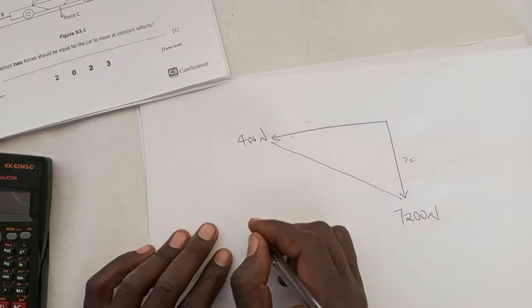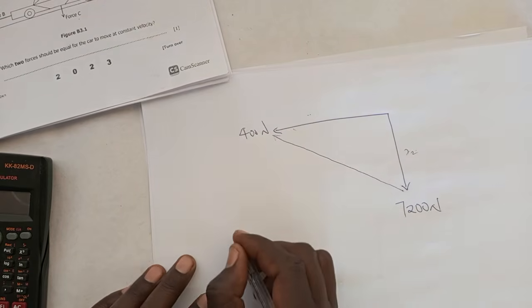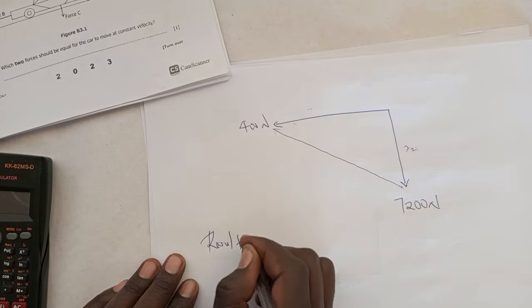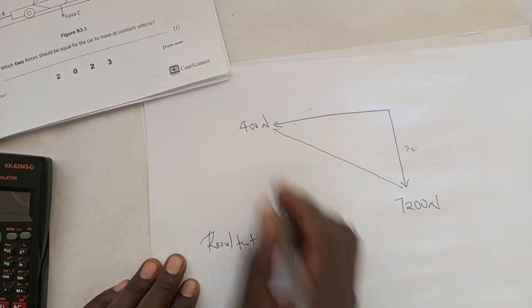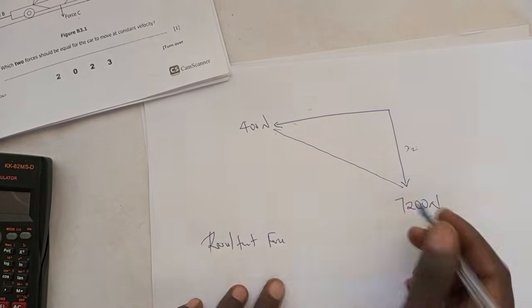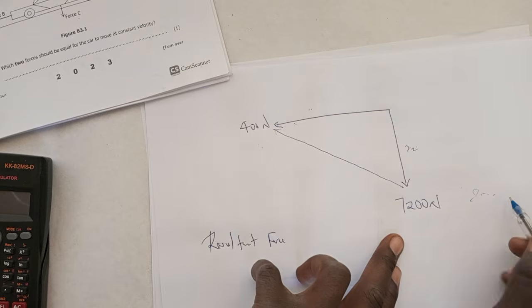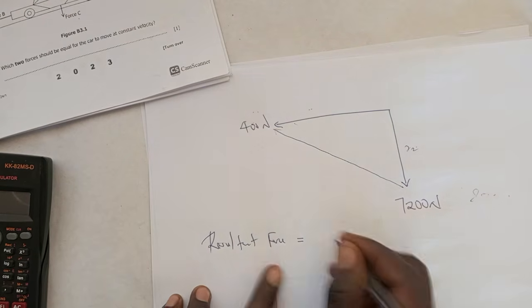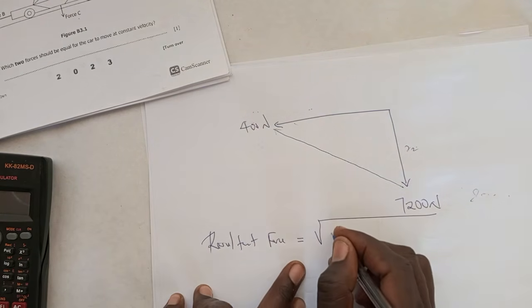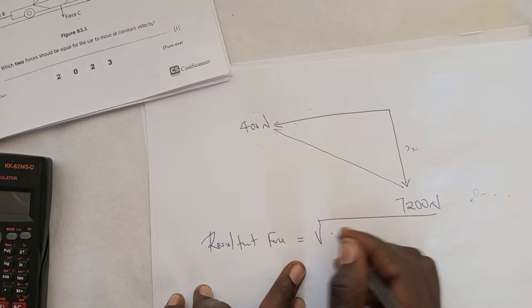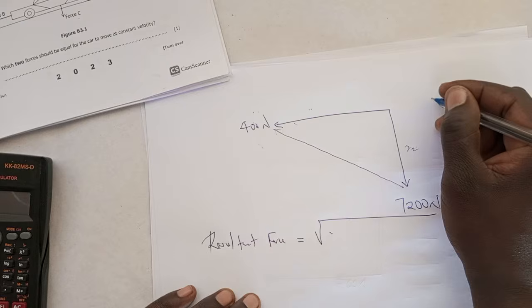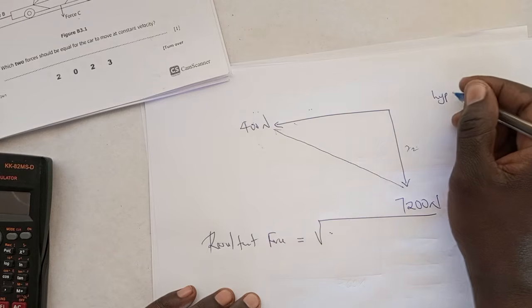The resultant force of these differences, which we found from 8,000 minus 800 and also 1,000 minus 600, would be this. Remember the Pythagoras theorem tells us hypotenuse